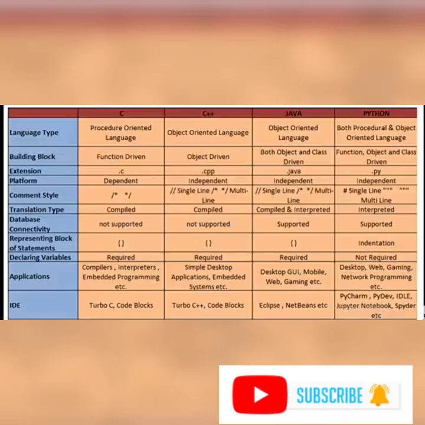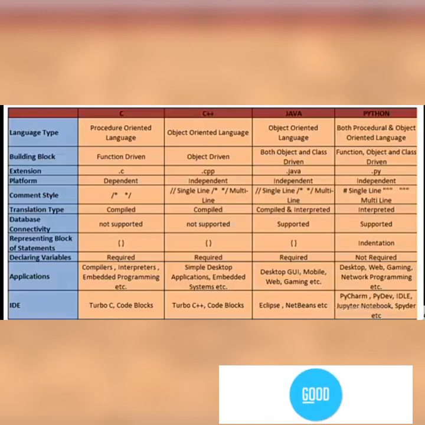We have several types of programming languages like C, C++, C#, Java, Kotlin, Python. But why is there more demand for Python? Let's see each programming language's features and why Python has more demand. So let's check it.